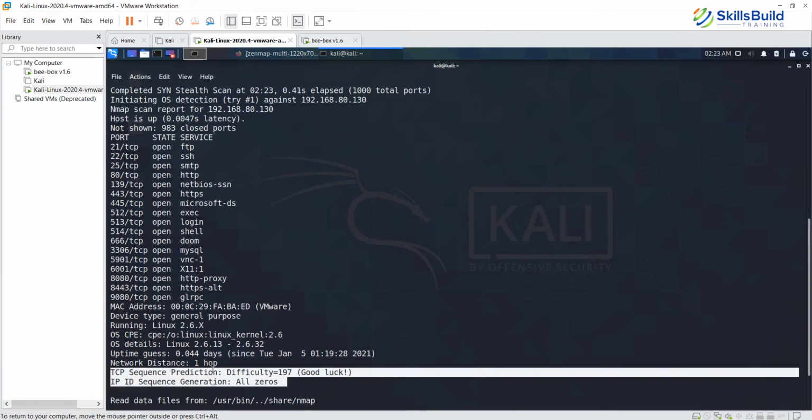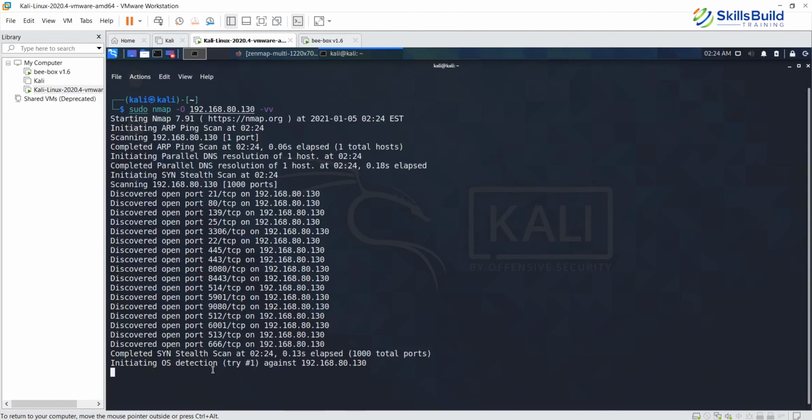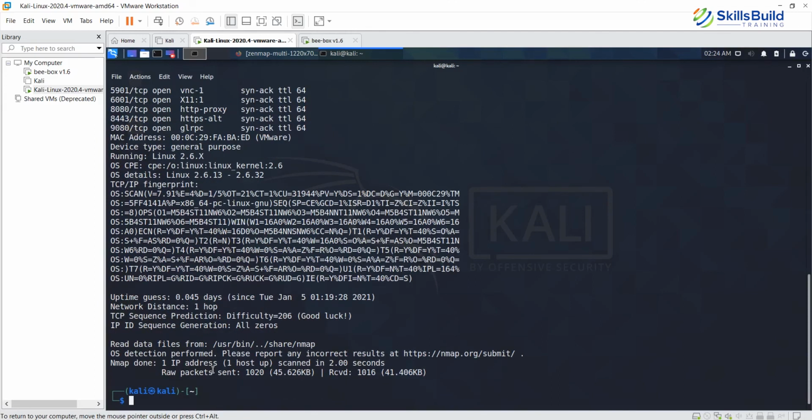Now, we can also do one more thing. Let's just clear the screen. Let's increase the verbosity a little bit more. So hyphen double V, that's V and another V. It's got the TCP/IP fingerprint as well this time, and it has more details: uptime of so many days, and it is also telling you the raw packets sent.